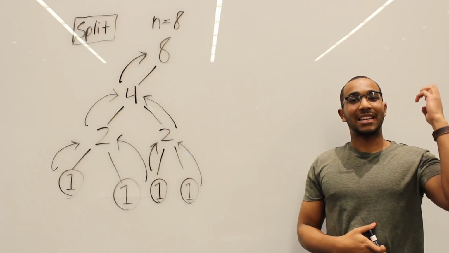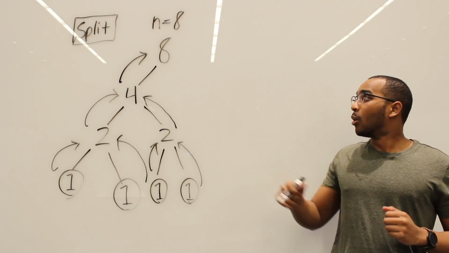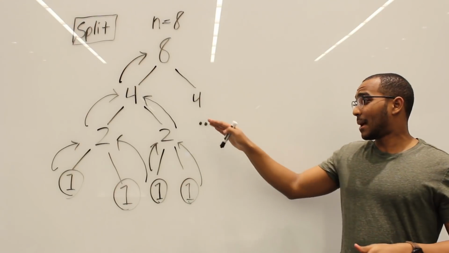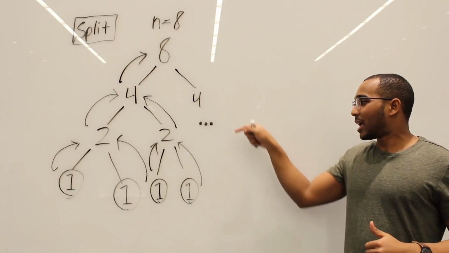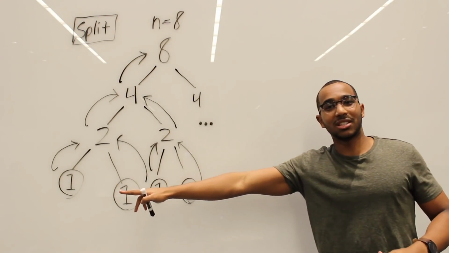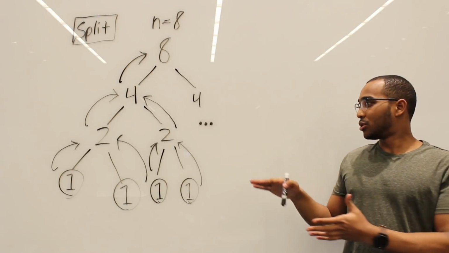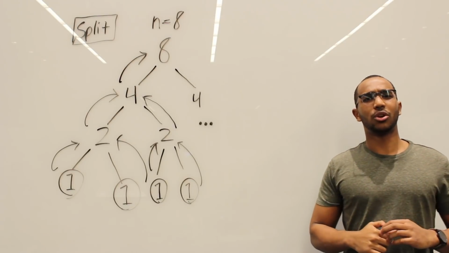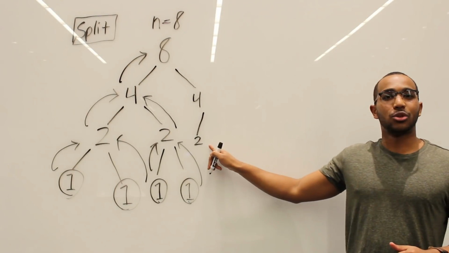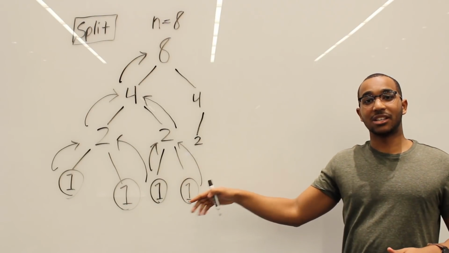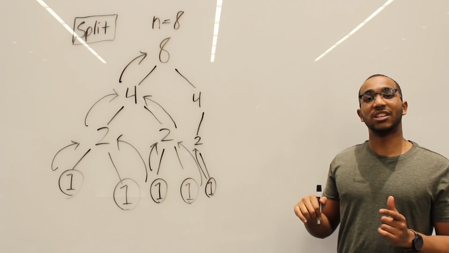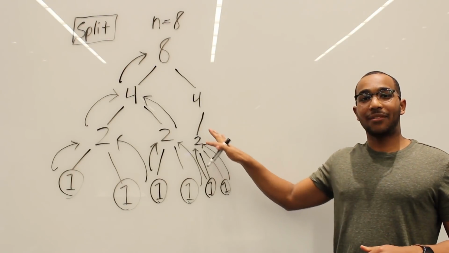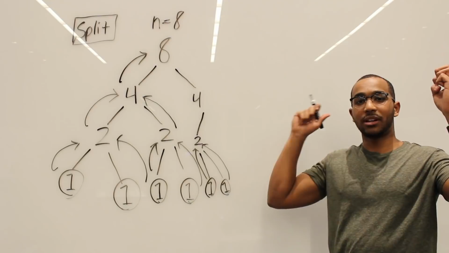And now 8 has a sorted left portion. So now we're going to split and sort the right portion. And the exact same thing happens in a depth first manner. We go down and we're going to split. Do you see this level where we have all ones? We're going to split until we get all the way down here. So actually, let's trace the whole recursion just so you can see this. 4 splits down to a 2, and then 2 is going to go left again and split down to a 1. And then 2 will split to its right. Another base case, and now we'll see the 2 has a left sorted, right sorted.